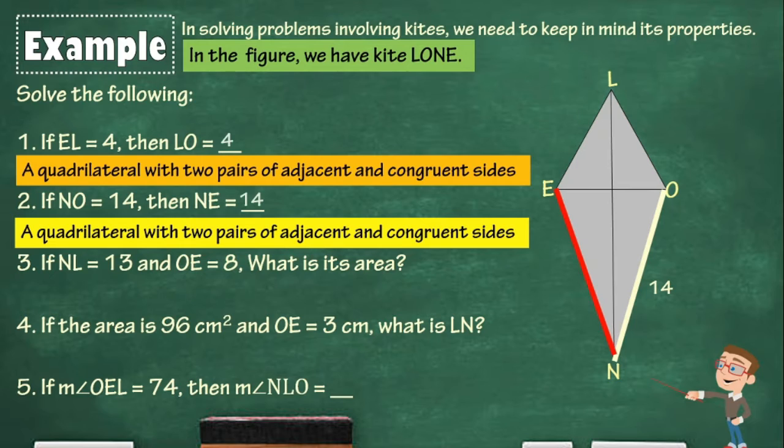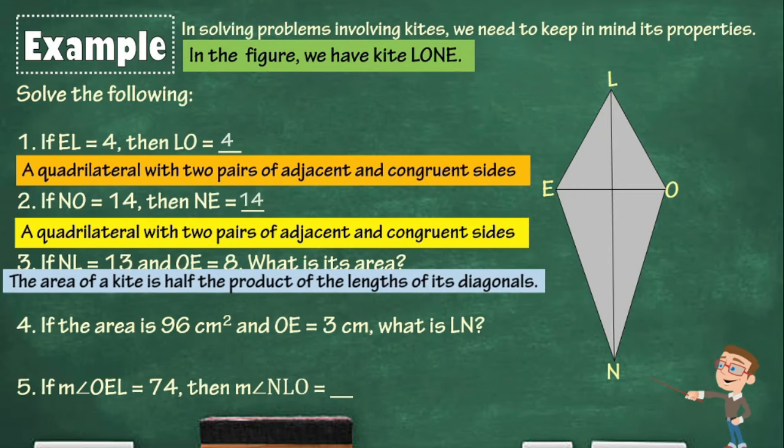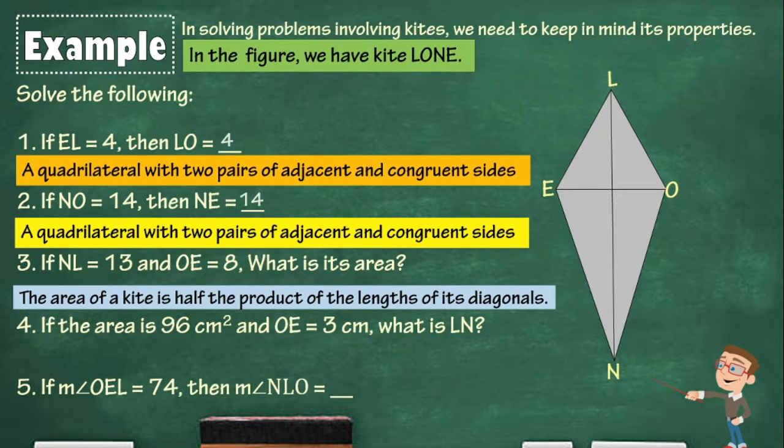Let us have number 3. If NL is equal to 13 and the length of OE is 8, what is its area? The given NL and OE are the diagonals of the kite. So we are going to use the property that the area of a kite is half the product of the